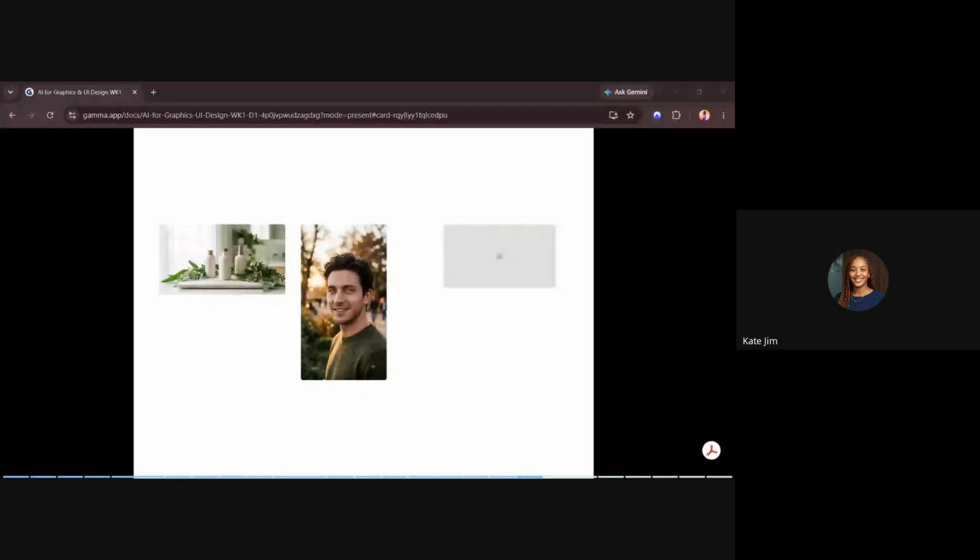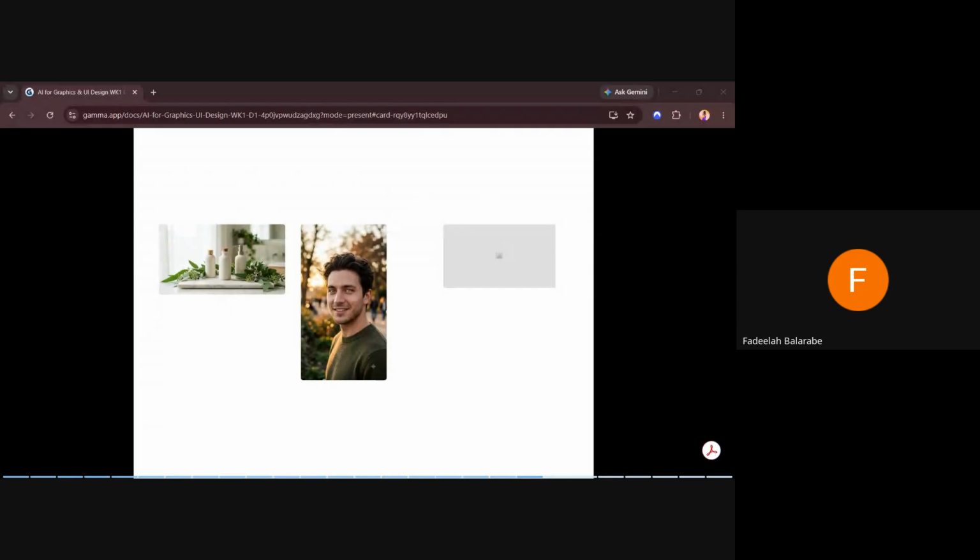Lawrence said his doesn't look real. I don't know why, because it's the same prompt that Fadila used, and she got it. Fadila, did you tweak anything? No, I copied and pasted.